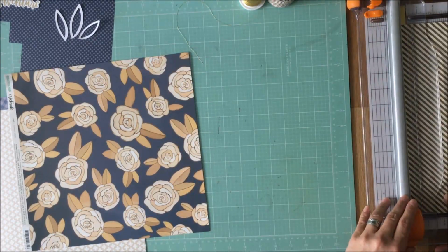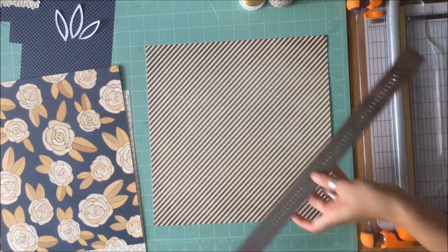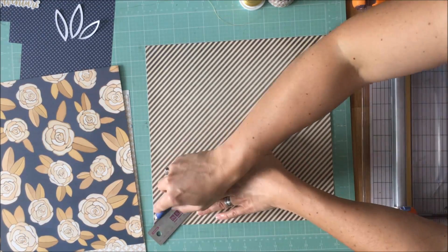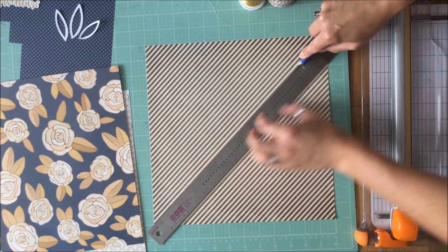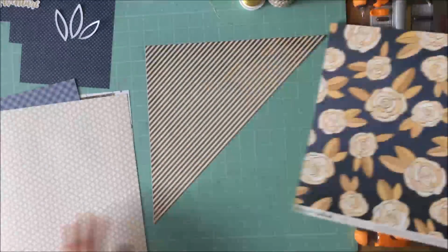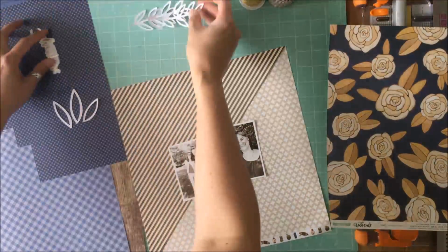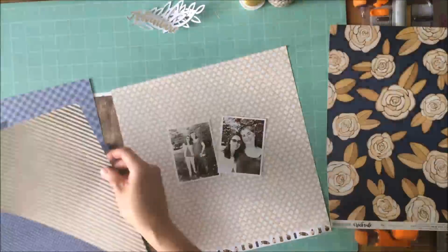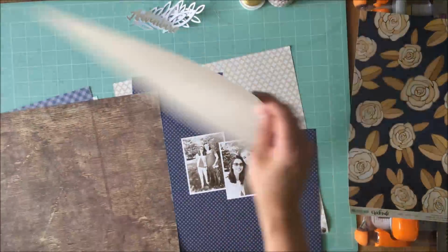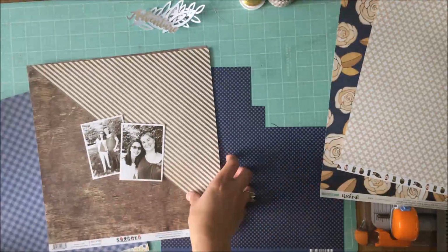When I saw the flowers that go down that diagonal on the sketch, I knew that I wanted to fussy cut those flowers. And while I had a lot of the coordinating papers that went with this One Canoe Two collection, I didn't really feel that they showcased the flowers or the sketch the way that I had really wanted to. So I found that piece of striped paper from Fancy Pants, and I played with some different blues and woodcuts, tan colored papers to showcase these